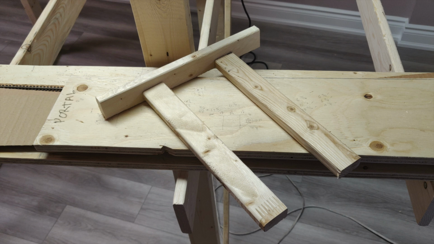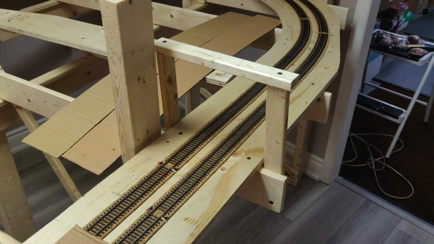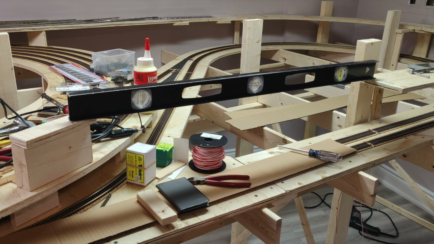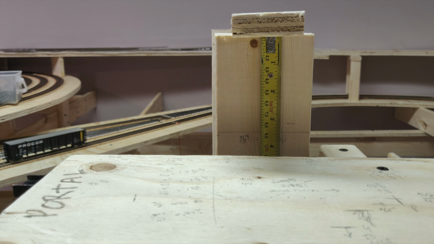In order to support the plywood sub-road bed for this section of the layout, I created some very simple support structures. Here you see the first one located next to where the portal is going to be. This one required the most fiddling with to make sure the elevation was correct, and it had 2 constraints. One, that the extension of this point had to clear the Helix below it, which is another 4 inches or so higher, and it also had to clear the visible part of the layout that's going to sit above it,